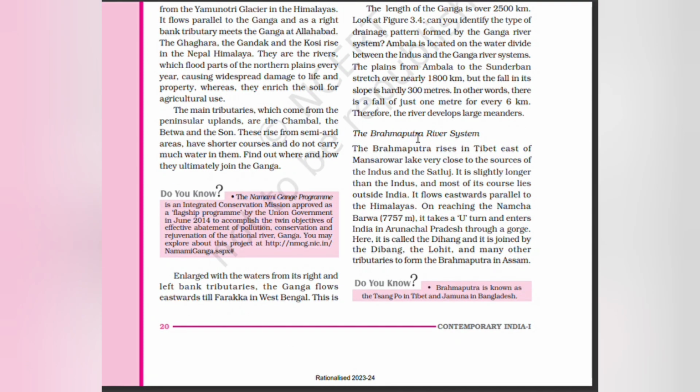Brahmaputra river system. The Brahmaputra rises in Tibet, east of Manasarovar Lake, very close to the sources of the Indus and Sutlej. It is slightly longer than the Indus, and most of its course lies outside India. It flows eastwards, parallel to the Himalayas. On reaching Namcha Barwa, it takes a U-turn and enters India in Arunachal Pradesh through a gorge. Hence, it is called the Dihang and is joined by the Dibang, the Lohit, and many other tributaries to form